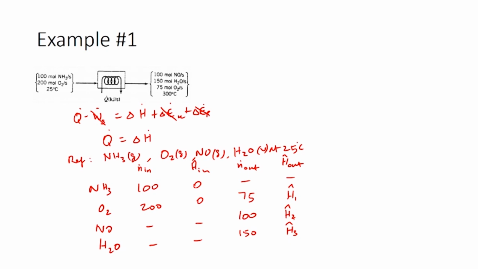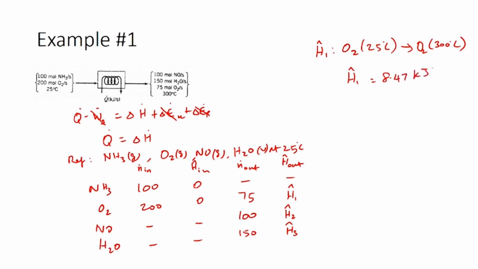Now, we need to calculate H1 cap, H2 cap and H3 cap. What is H1 cap? H1 cap is basically the process where oxygen at 25 degrees Celsius, which is the reference state, is heated to oxygen at 300 degrees Celsius, which is the exit stream. So, this is basically only a change in temperature. So, you can get this enthalpy value directly from combustion gas tables. So, using that you can get H1 cap as